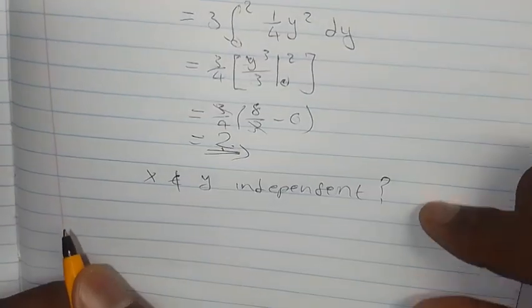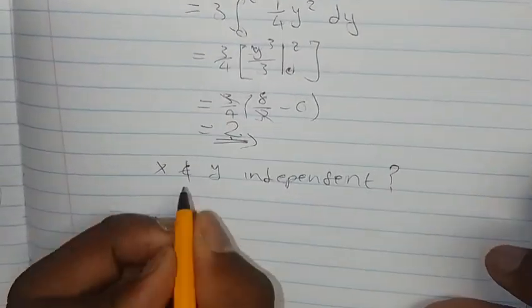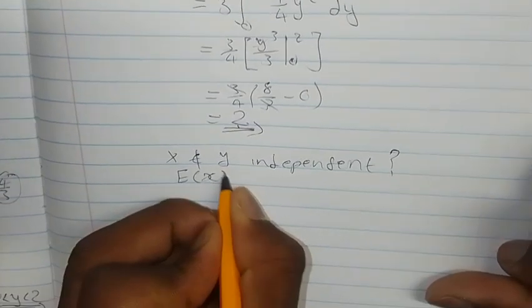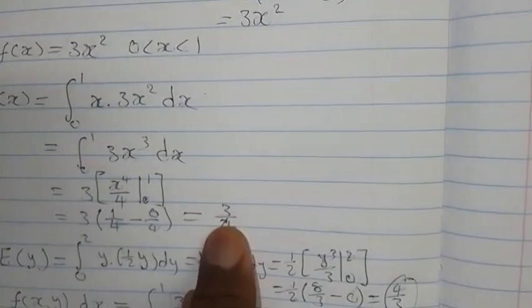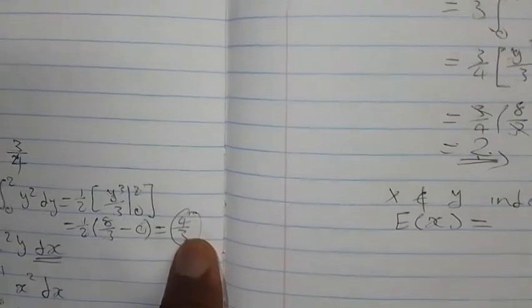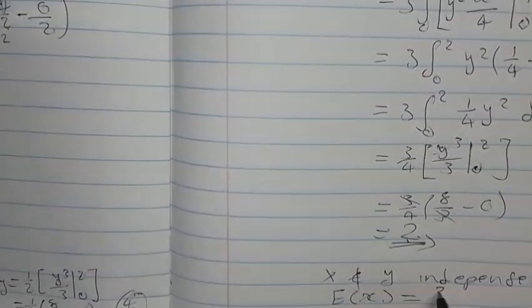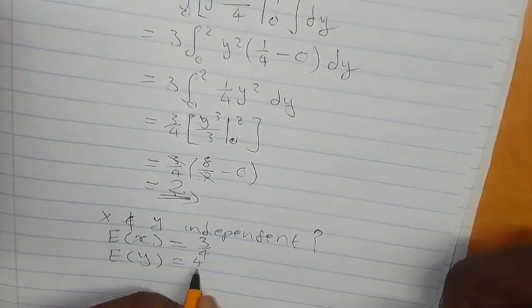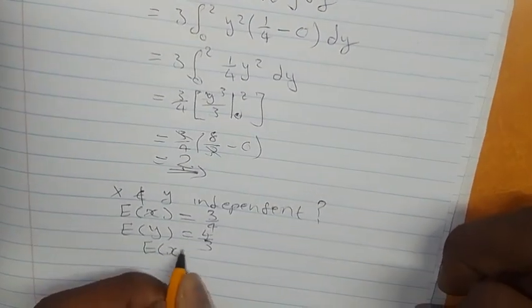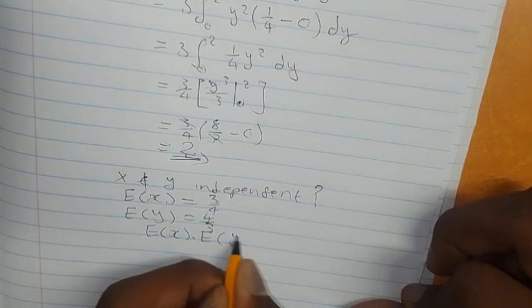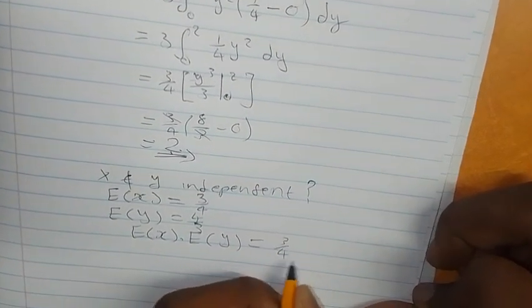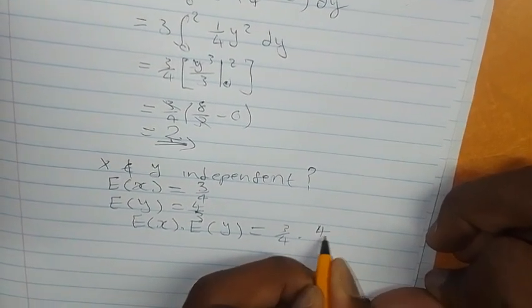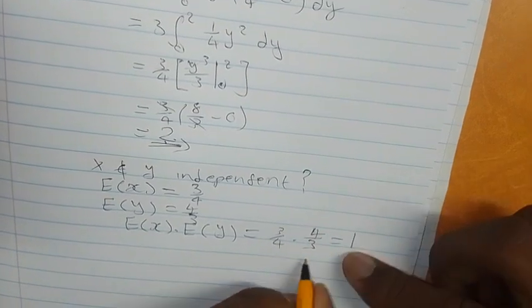X and y independent. Okay, now let's see the expected value of x. We calculated the expected value of x to be 3 over 4, and we calculated the expected value of y to be 4 over 3. So now the expected value of x multiplied by the expected value of y is just going to be 3 over 4 multiplied by 4 over 3, which if you do the calculation, you're going to find it's